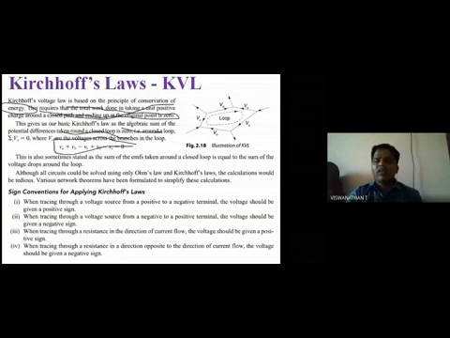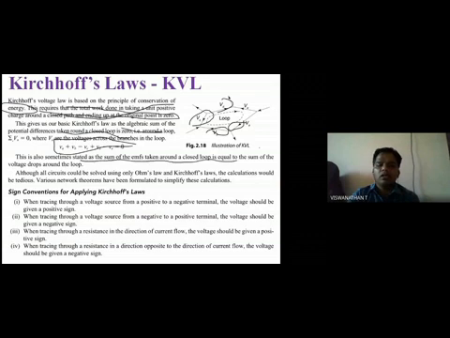Here VA drop is moving left side, VB drop is moving left side, VC drop is moving left side. Only VD is going in the positive side, or right side. Then the sum of all the EMFs in the closed loop is equal to 0. This is only applicable for a series circuit.